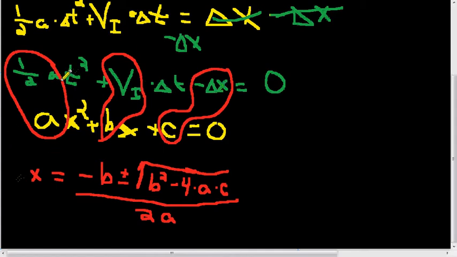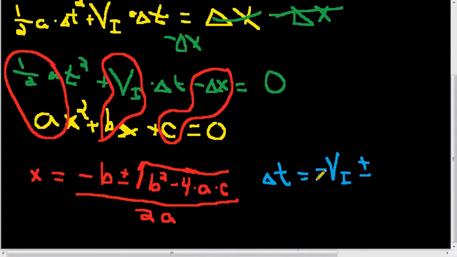So, since we're solving for t instead of x, I'll rewrite this. We now have delta t equals negative b, but our b is not b. Our b is vi plus or minus